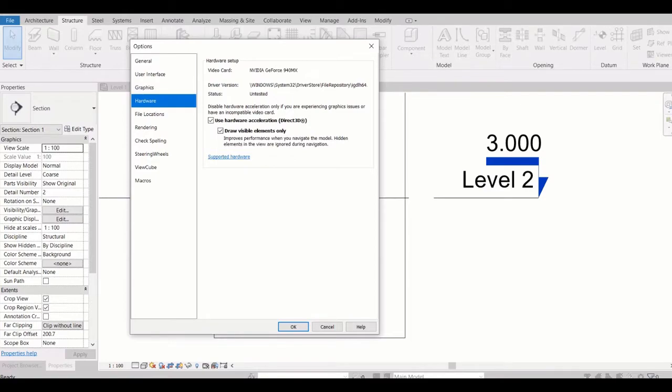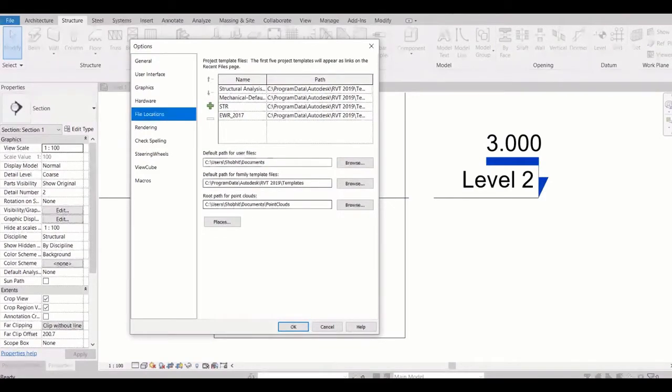Then hardware, so video card, it tells about your computer and the driver whatever you are using, right? And file location, these are the template file location and Revit family default location, so that you can directly access that one. You don't need to navigate every time whenever you need.